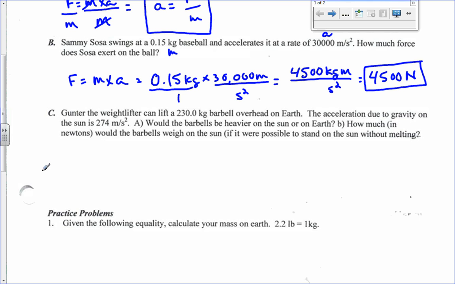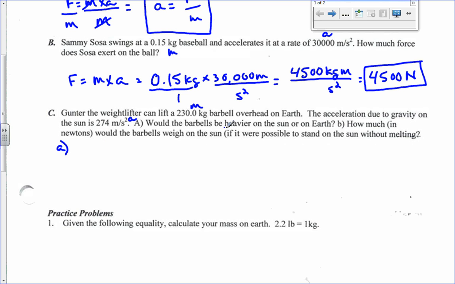Example C. Gunter, the weightlifter, can lift a 230 kilogram barbell overhead on Earth. Okay, 230 kilograms. What variable is that? Mass. The acceleration due to gravity on the sun is 274 meters per second squared. There's an acceleration. A. Would the barbells be heavier on the sun or on Earth? Sun. Earth. We said